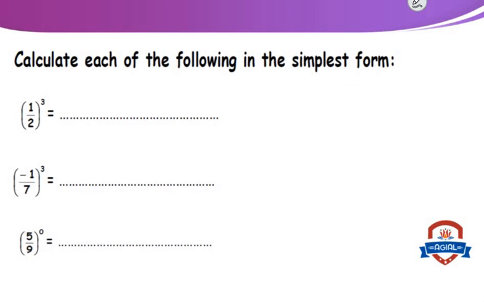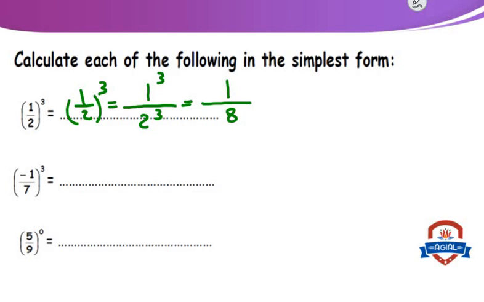Calculate each of the following in the simplest form. Number 1: 1 over 2 to the power 3 equals 1 to the power 3 over 2 to the power 3, which equals 1 over 2 to the power 3. 2 times 2 times 2 equals 8. Then the answer equals